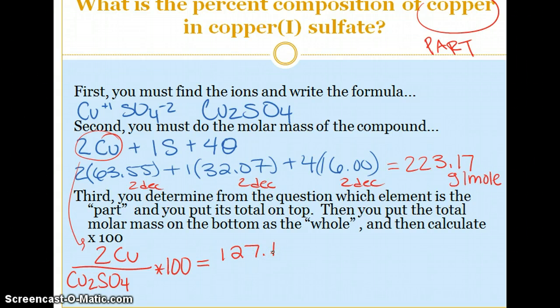I plug that in, and I'm going to get 127.1. Because I'm multiplying here, I'm looking at 63.55, which has 4 significant figures, and so my answer needs to have 4 sig figs there. My denominator is the molar mass we just solved for up here. So I plug in the 223.17, multiply that by 100, plug that into our calculator, and we're going to get